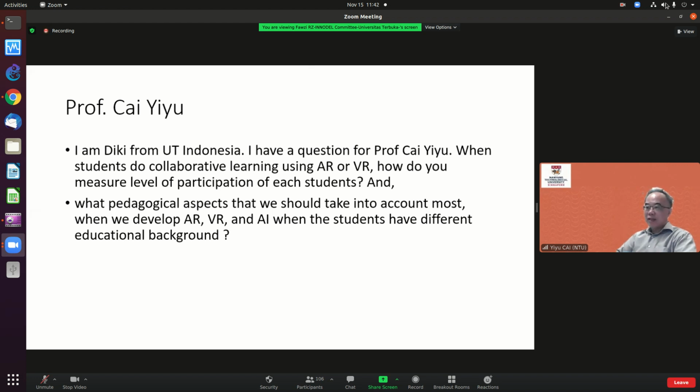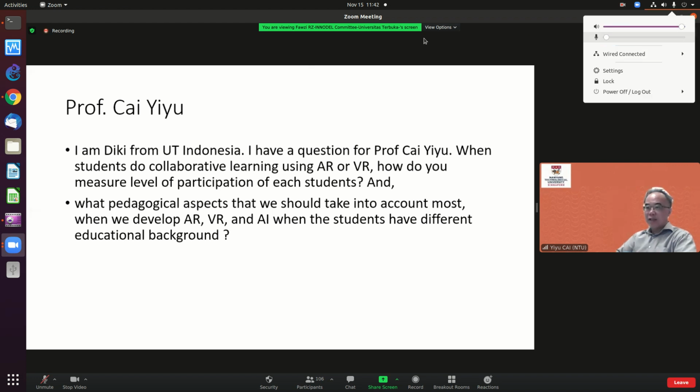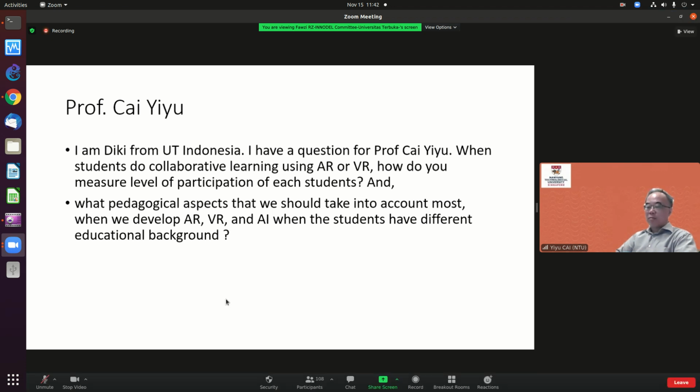So this exercise is specifically designed for collaborative learning, and we measure student participation and student interest, which we call situational interest, and we also measure student self-efficacy. We have invited a large number of students to do pre and post tests, before and after using the VR AR facility.